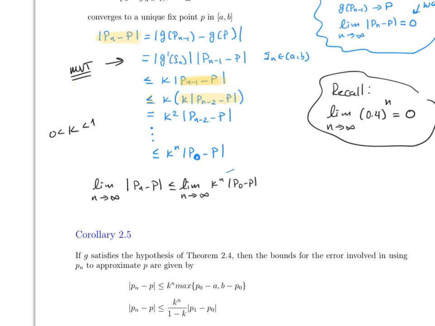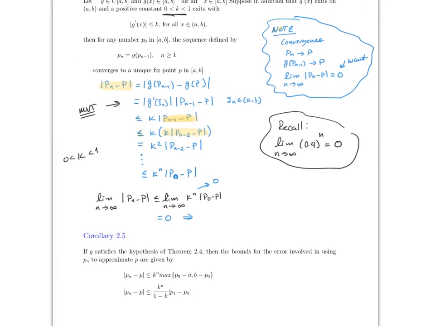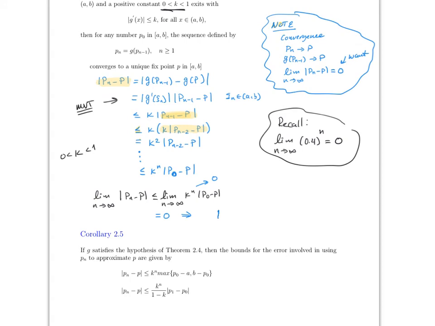So this part goes to 0, and then this will be 0. And that implies, using the definition from here, that the sequence will converge. The Pn equal to g of Pn minus 1 converges to the fixed point,